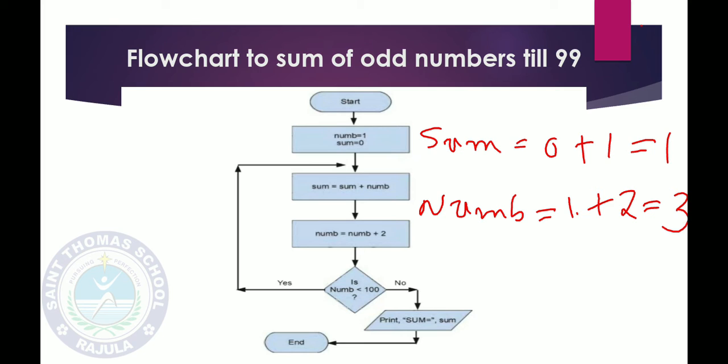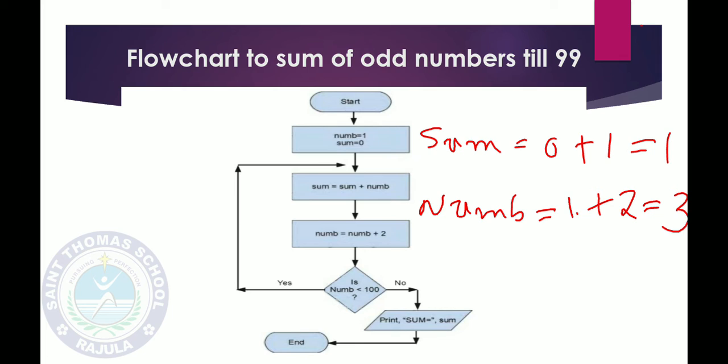So if it is yes, then again the flow of execution will go up to the third step. Okay. Now again it will do the summation operation. So now sum is equals to sum plus number. Before, the sum value we calculated was 1. So now 1 plus 3, so sum will become 4. Okay, then again the next execution. Number is equals to number plus 2. Now what was the number value? 3. So now again 3 plus 2, so now number will become 5. So again it will check the condition that 5 is less than 100. Yes. Then again it will follow the same process.